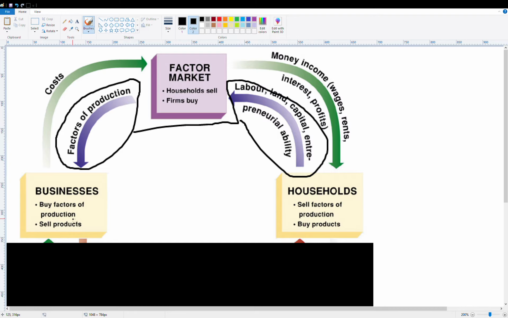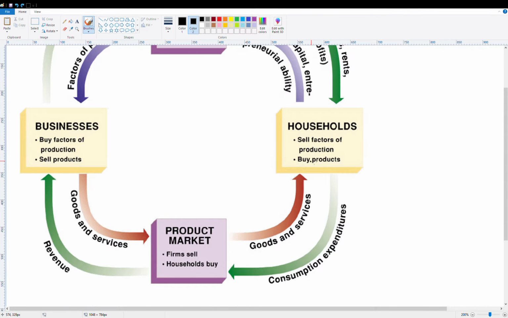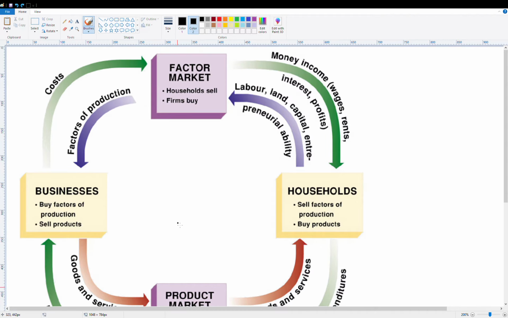Okay, and what the business gives back to the households is basically wages. They give our salary for working. Like, you've been flipping burgers for 3 hours, $30 basically. And on the other side, the conventional flow: the businesses give the households their goods and services, and the households pay their money back.